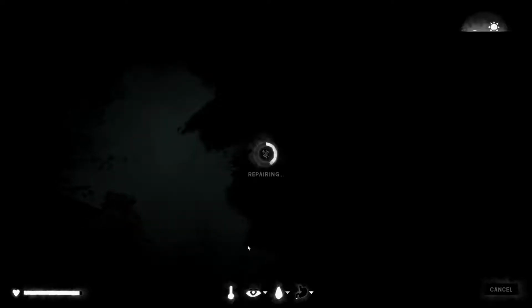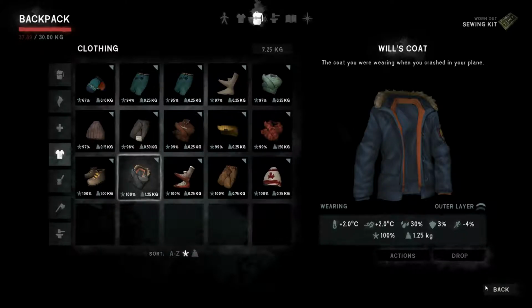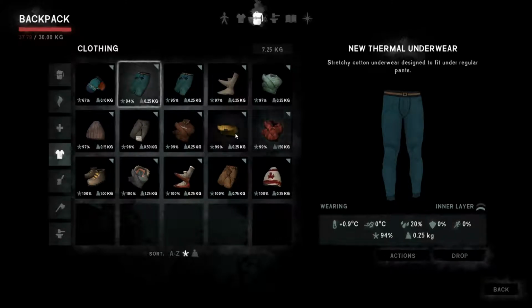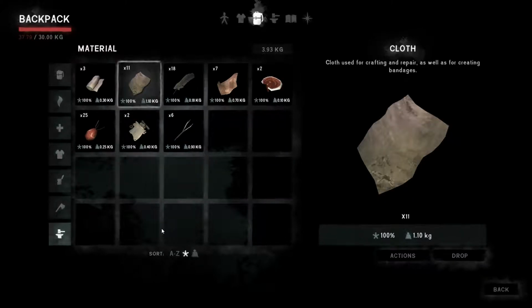Repair this. Tools. Drop that. Everything else is fairly up there, isn't it? I mean, how much cloth do we have? Really, only 11. Okay. I might leave the scrap metal behind. Unless we can find like a toolbox or something, but...